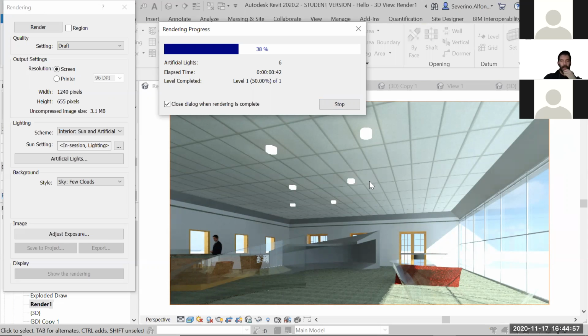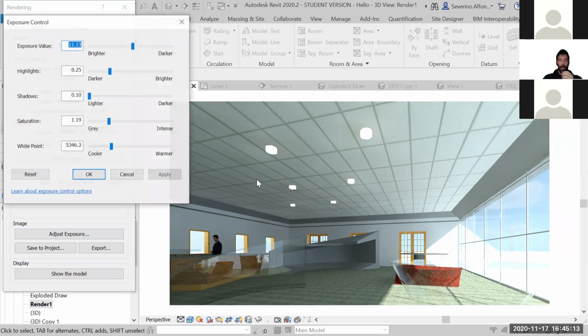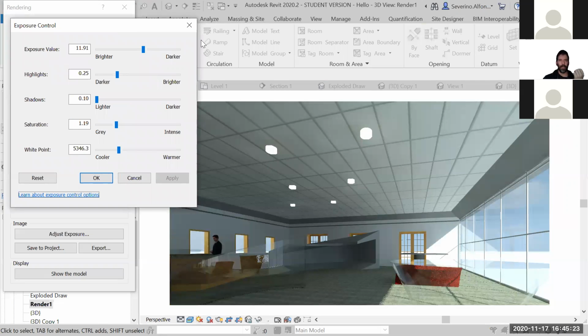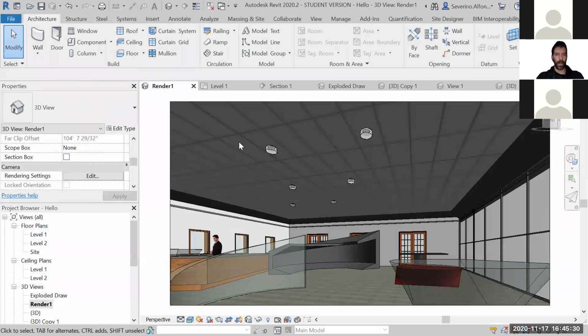Now the resolution is going to play an important factor. In some of your studio projects, maybe there's some areas with absolutely no natural light, and we can work a little with another strategy because it tends to look a little bit like burn sometimes. I do recommend, as always, adjust exposure and start tweaking this a little bit more till you find the perfect sense. But what if you still have some dark environments that you want to illuminate, and maybe in a fake way, but so you have a particular light